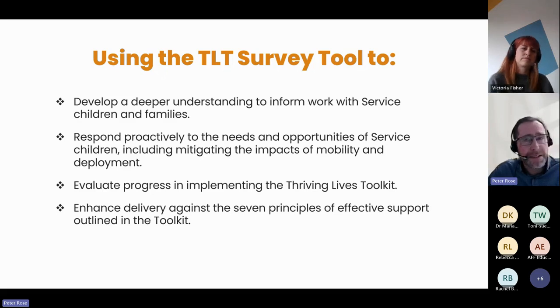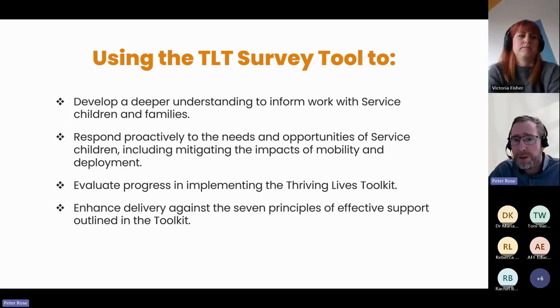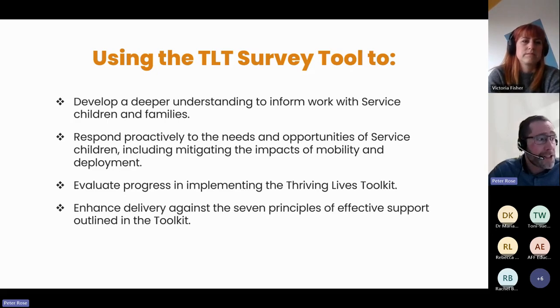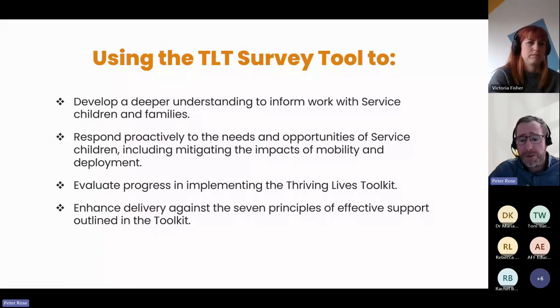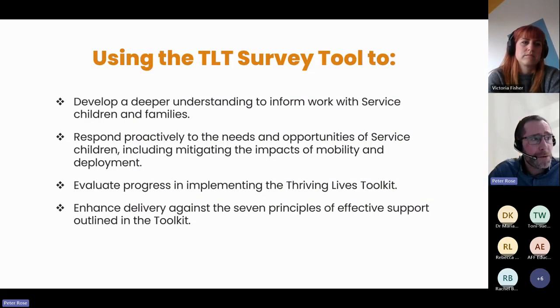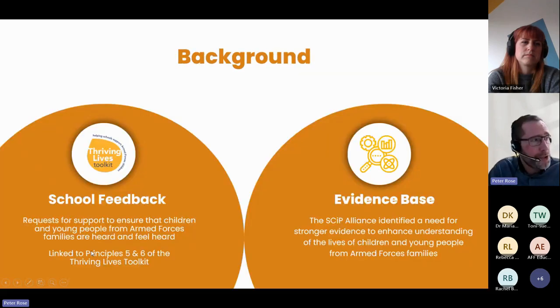So the survey tool is a tool to help engage parents, to hear the voice of service families and service children in identifying what support and what services might be needed, but also to help evaluate the work that you're already doing as a school, and to use the feedback and the opportunity to hear the voice of families and children to develop practice and identify opportunities.